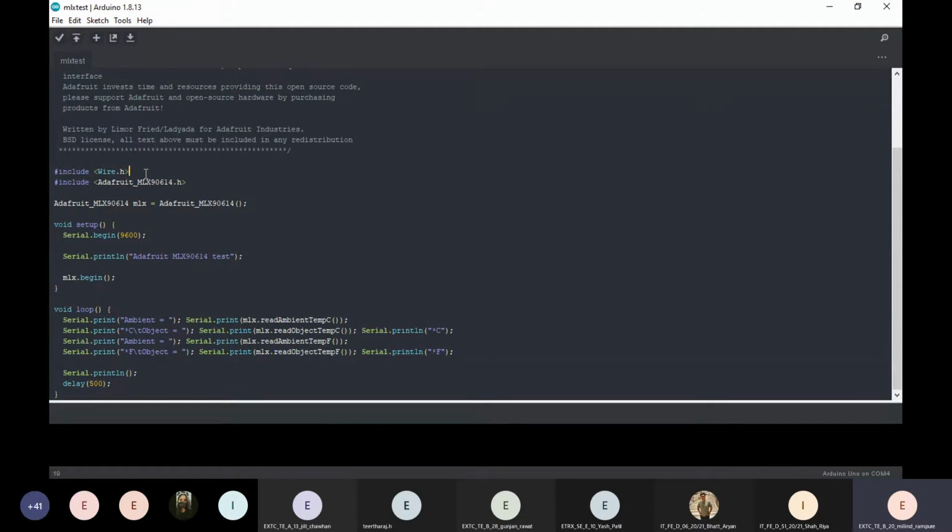So let's start. This is the example code for the same. You will get many other codes for all these sensors. I will not be typing and showing line by line, but I will explain what the code is doing and what the sensor actually uses to give the output. So the code is simple.